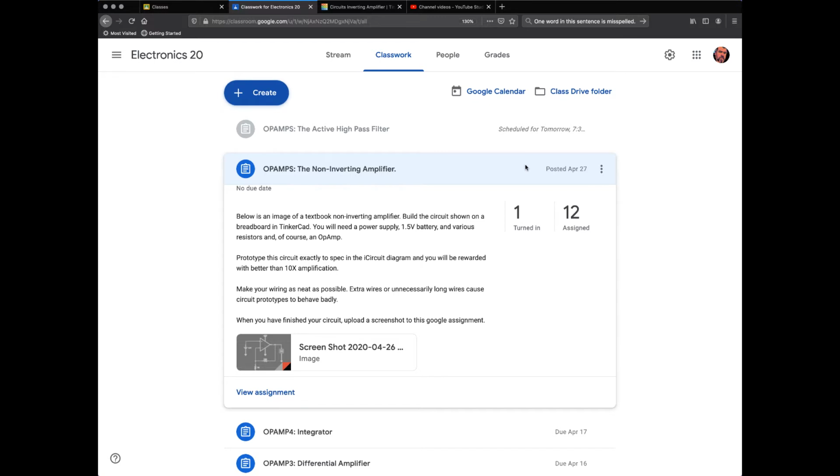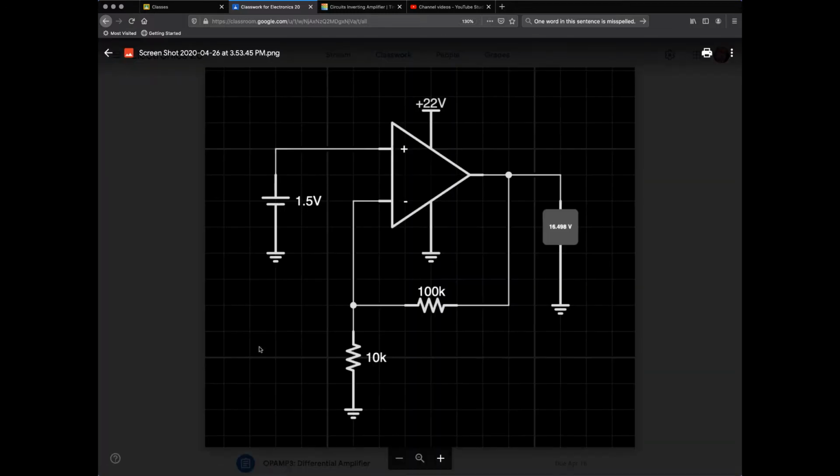So here I'm doing the non-inverting amplifier first instead of second. But that's okay. All I have to do is build in Tinkercad this circuit. And this is a non-inverting amplifier. The way that I can tell is you see here on the op-amp, this is the positive input and this is the negative input. And so these are swapped from the way